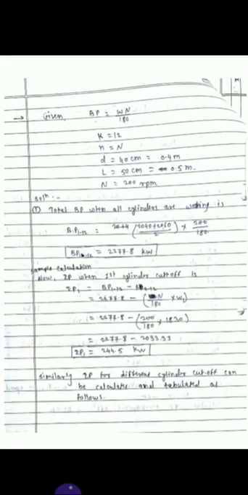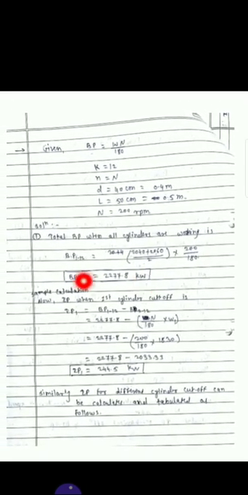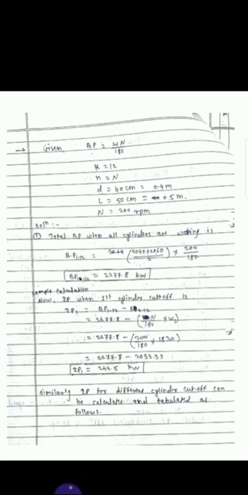Okay, so we'll see how to find out. These are the given terms which we have just now discussed. So first, we have to find out the total brake power when all cylinders are firing. Here two total brake powers are given. First, all firing, which is given as 2040. Also at the last, again all firing, 2060. So we have to take the average of both these and find out the brake power using this formula.